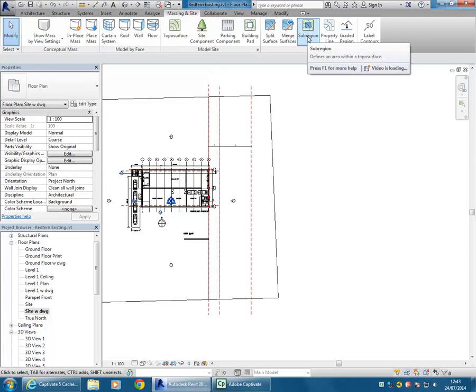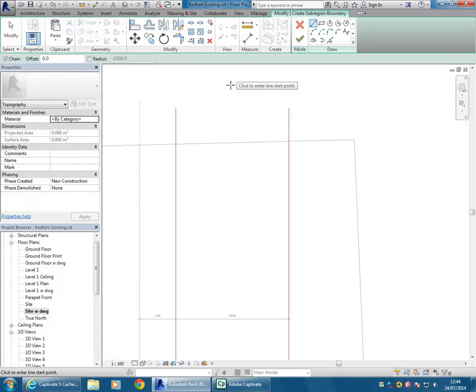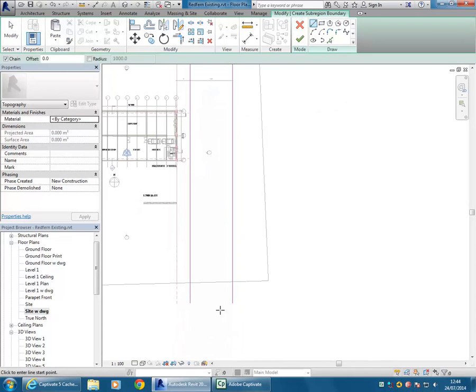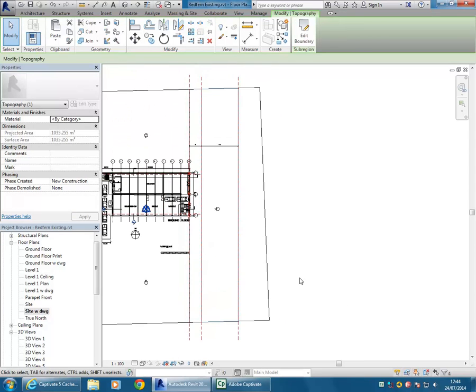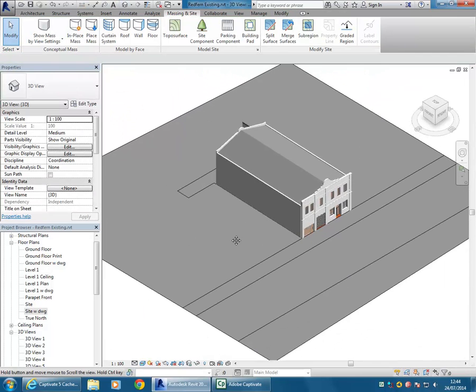And then again, another sub-region, and again I'll use pick lines to pick these reference planes. Drawing a line, then I can cap them off. Tick to finish, and now in 3D I can see the different surfaces that I need,